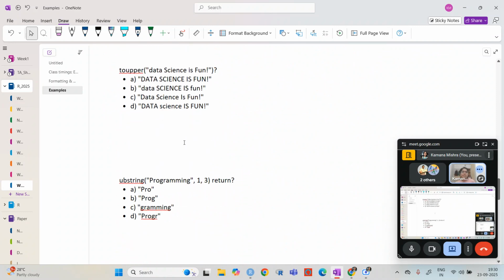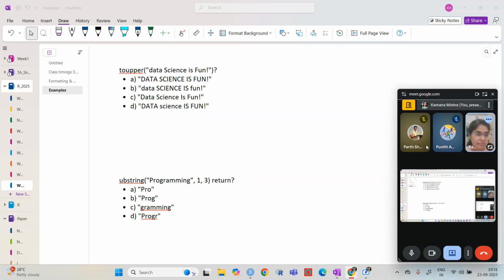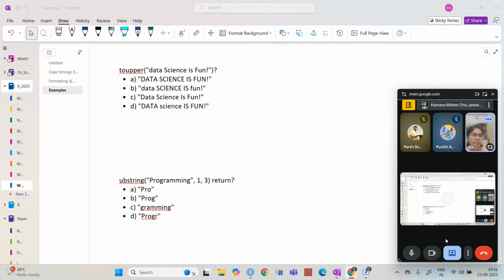So what is this? toupper. That is, I think, very simple, right?